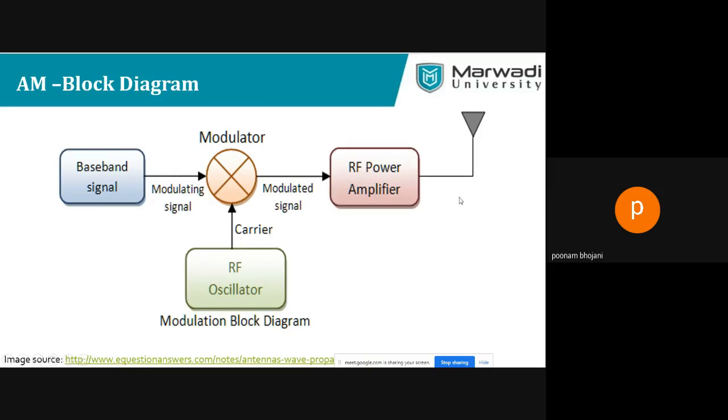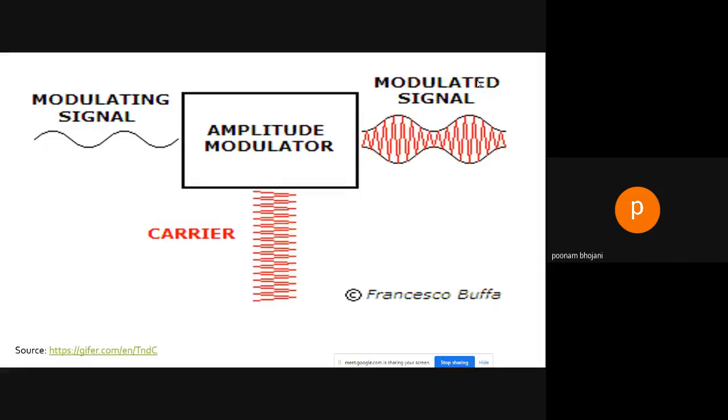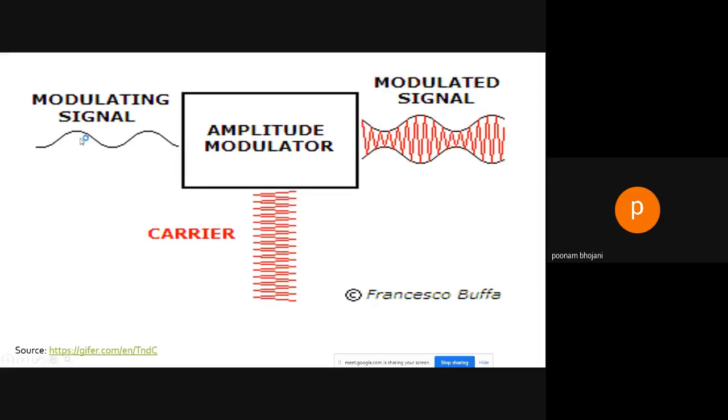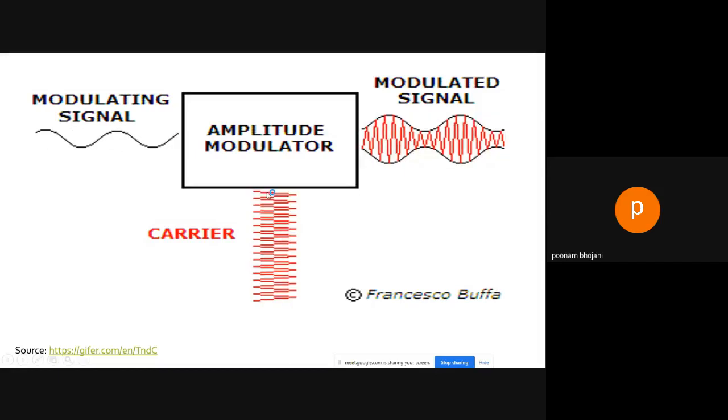Before transmitting this modulated signal through the transmission medium, sometimes it will be amplified by the RF power amplifier, because amplification means you are increasing the amplitude, increasing the strength of the signal. So to increase the strength of the signal, we have done two things: increased the frequency by using modulation and increased the amplitude by using the amplifier. And then we can transmit it to the antenna, to the medium. The same thing is shown in terms of waveform. What the amplitude modulator will do: low frequency signal, high frequency signal, and you will see this in the animation also.